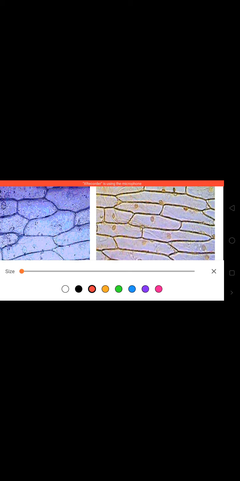This is the stained part where you see three prominent parts visible under the microscope. These are a rectangular structure with a boundary line, which is the cell wall and membrane. Inside the stained part, in the middle, is the cytoplasm, and you see a dot-like structure present in the center or at the periphery. This is the nucleus.